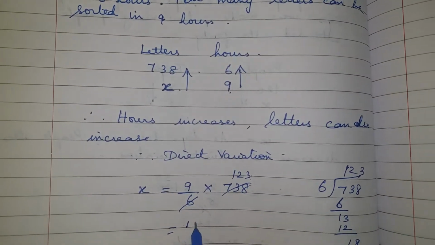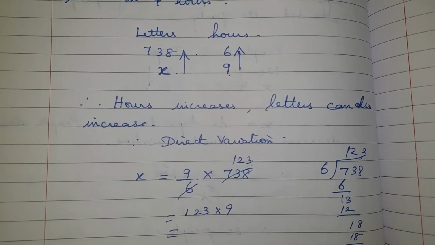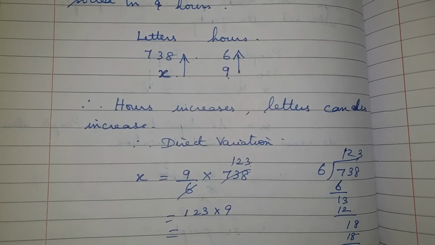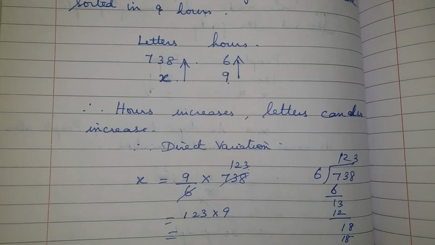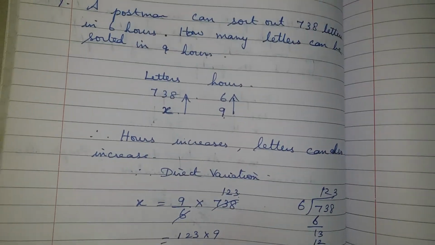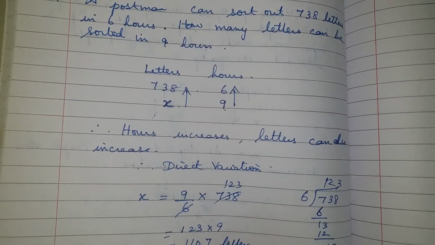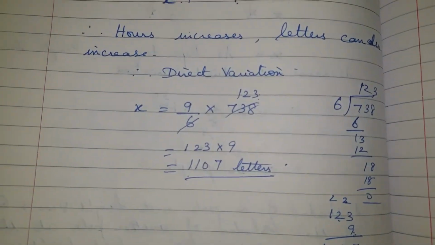Now you multiply 123 into 9. So it is 123 into 9 means 9, 3 9s are 27, 2 9s are 18 plus 2 is 20, 2 times 11. So 1107 letters. So how many letters can be sorted out means 1107 letters can be sorted out. So I am multiplying